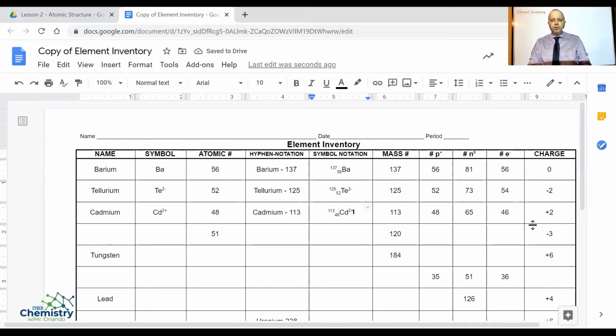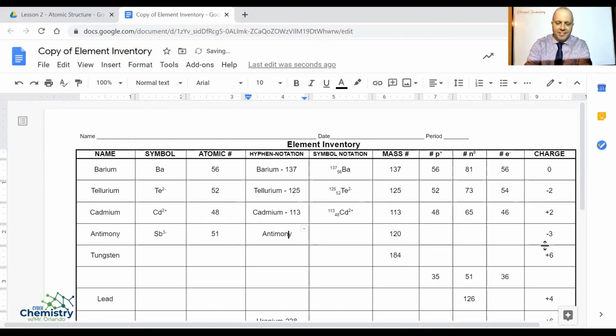All right, we will do 2 more examples together. So the next example we have is atomic number 51. If you look on the periodic table, atomic number 51 is the element antimony. Its symbol is going to be Sb. And now if I check this last column where the charge is, I'm going to add on that 3 negative charge to my symbol. For my hyphen notation, I can type in,